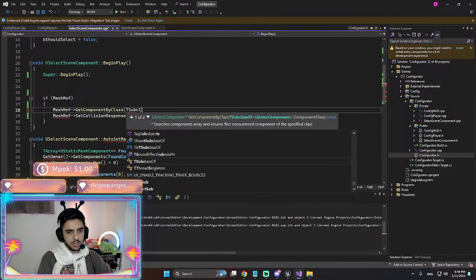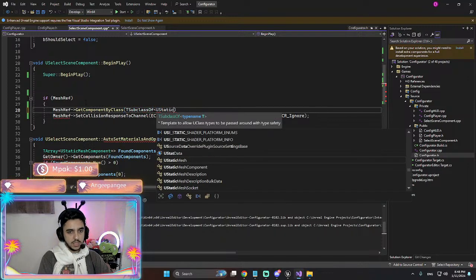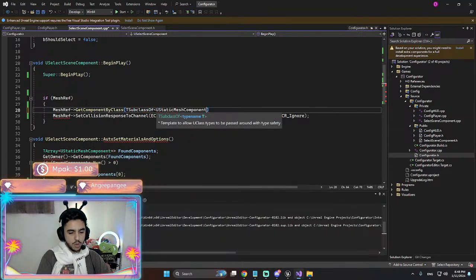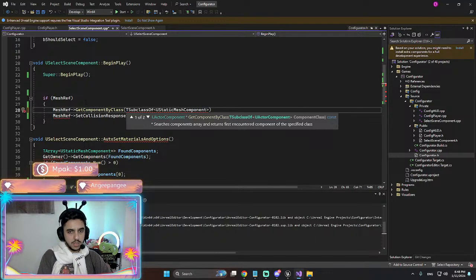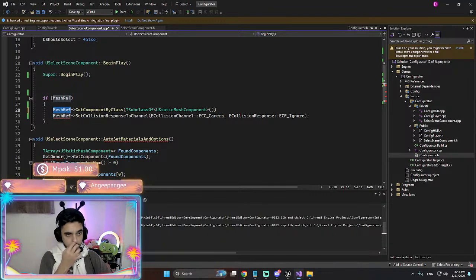T sub class of use static mesh component. I think here I have to add mesh ref.